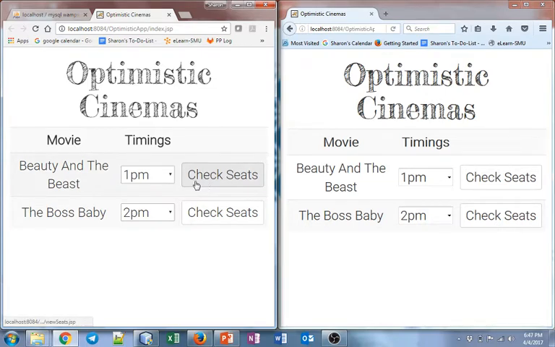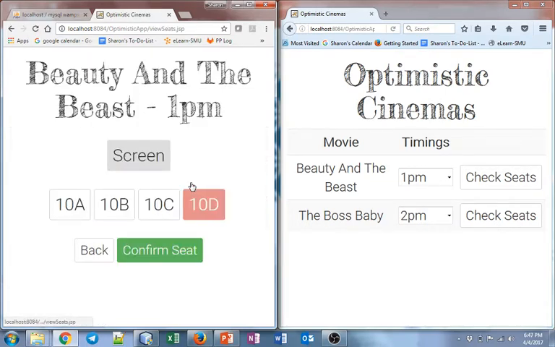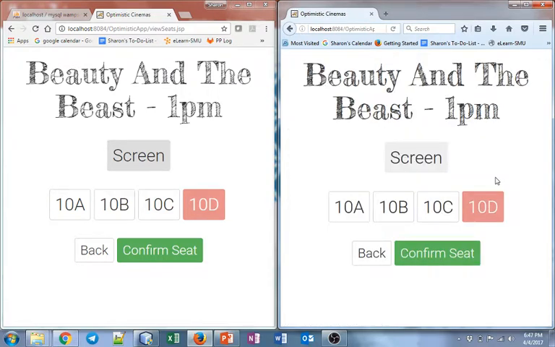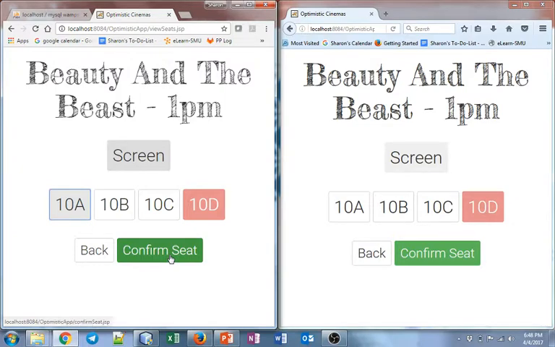He goes ahead and checks the available seats at that timing and realizes that there are 3 available seats. On the other hand, Mark is also interested in the same movie at the same timing, and he too concurrently looks at the available seats, which are the same 3 seats. At this point in time, Mark decides to confirm his seat after selecting 10A. So when he goes ahead and confirms the seat,